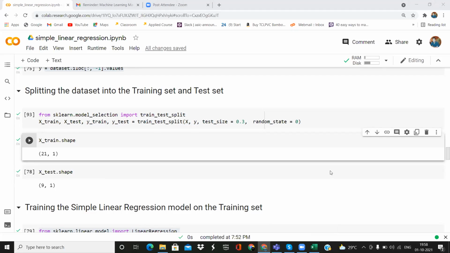Soham, please share the data set over Slack. Pallab, can you extract this IPYNB file and share it directly on Slack? Okay, I can do that, no problem. I can share it over Slack.